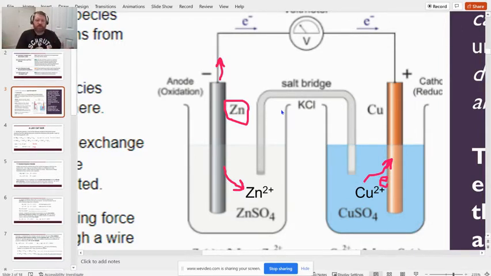We have a solution in one beaker on the left. We have another solution in the other beaker on the right. The first beaker is zinc and zinc sulfate with zinc ions dissolved into the solution. The other beaker is copper metal and copper sulfate with copper ions dissolved in the solution. The copper ions are stronger at pulling electrons than the zinc ions, and so they pull the electrons